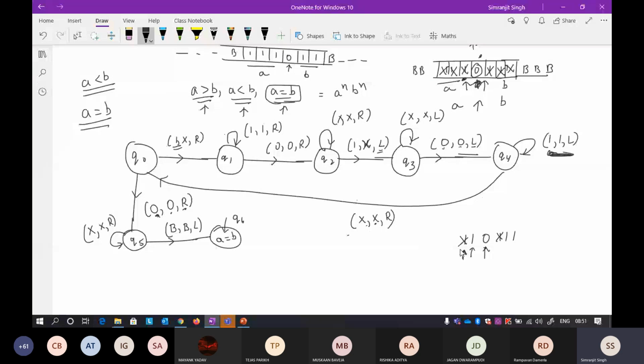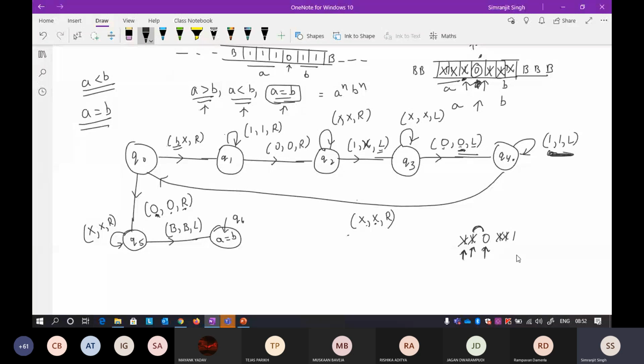So when there is a X, you keep the X as it is and start moving towards the right. And now again the same procedure will follow, and now it will convert it to again X and start moving towards right. Now it will again change it to X here, and again it will start moving left, and your zero is here. So if you find the zero, keep the zero as it is and keep moving left. Now at that point at your state Q4, there is a X, you keep the X as it is and start moving towards right. Okay, so now you will eventually directly find a zero. So now in this state, when you find a zero, keep the zero as it is and start moving right.